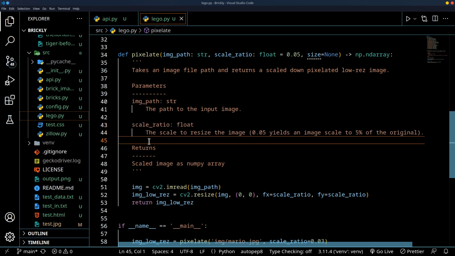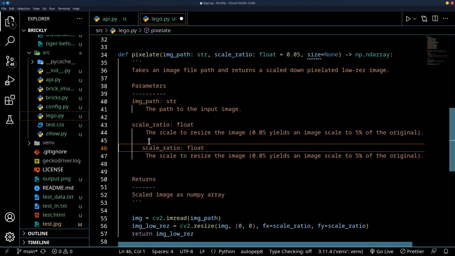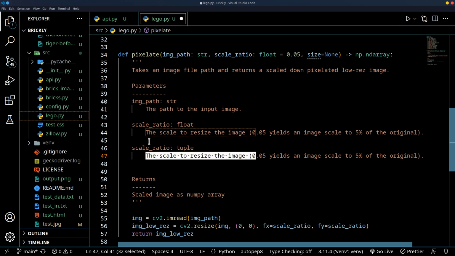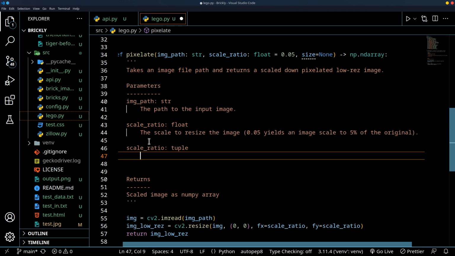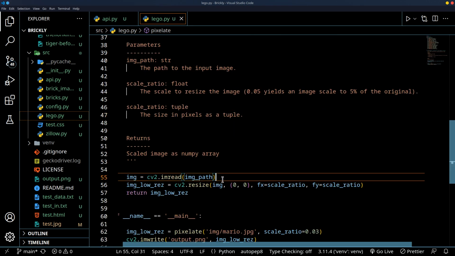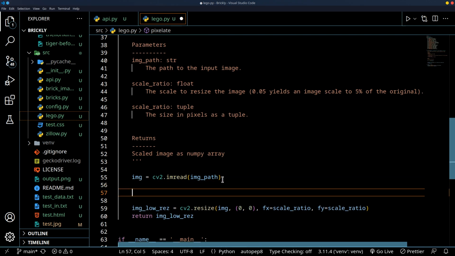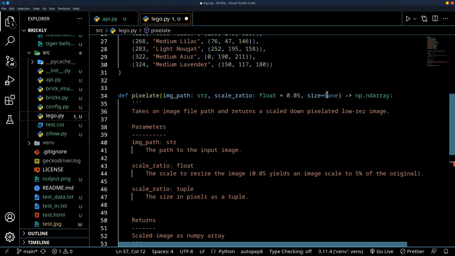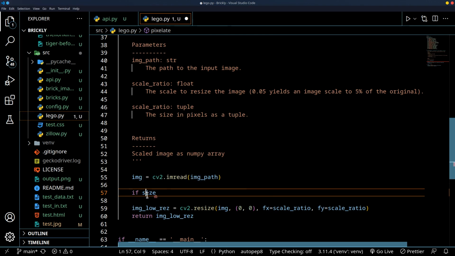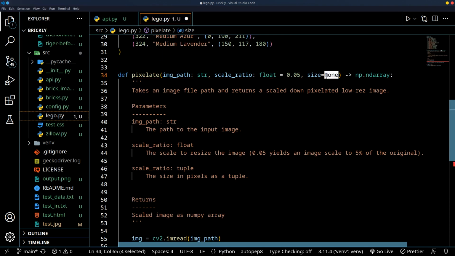And I'm going to quickly add another parameter here, and this is going to take a tuple. Let me delete this, so we'll say the size in pixels as a tuple, just to make this quick here. And we're going to make one change to our code. If we pass in size, so if this size exists, we can actually use the None as a way to check for false. None will evaluate to false. So we can say if size,